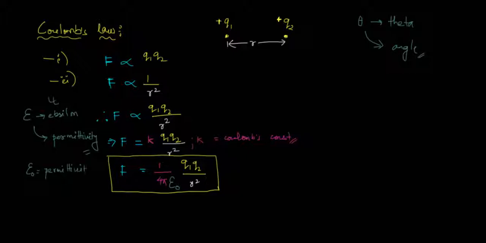Epsilon naught is the permittivity of free space, or you can say vacuum or air. So for vacuum, the value of epsilon naught is